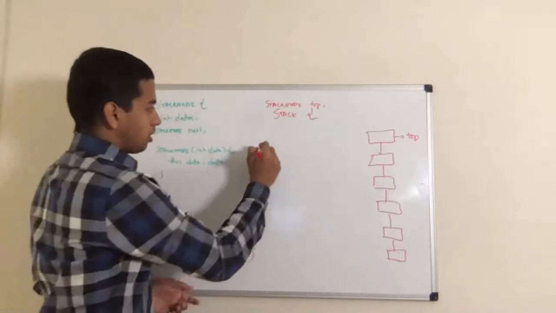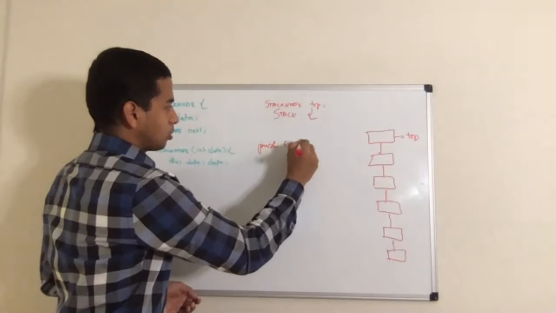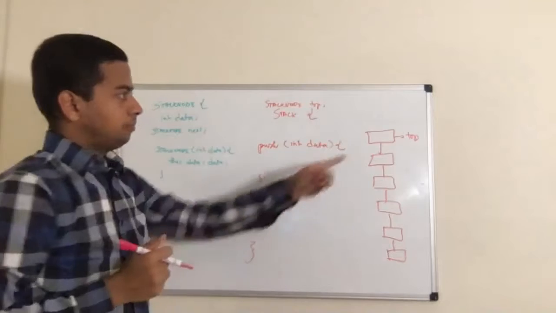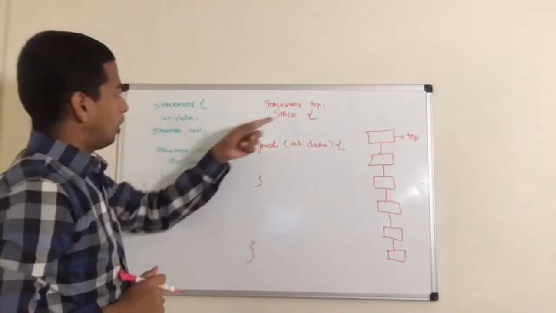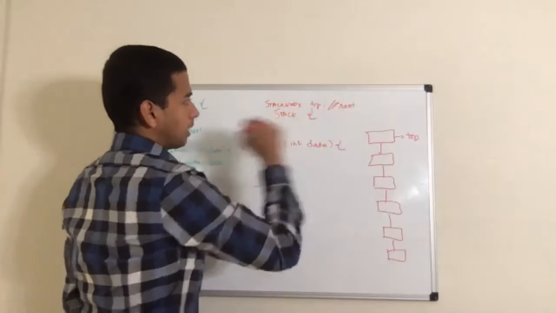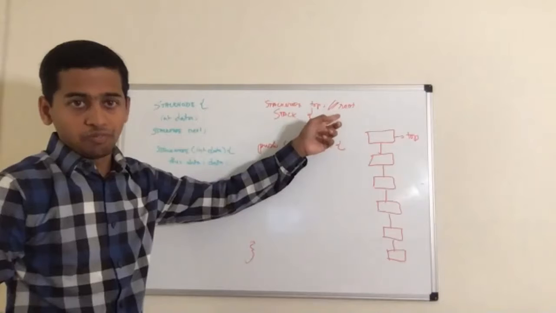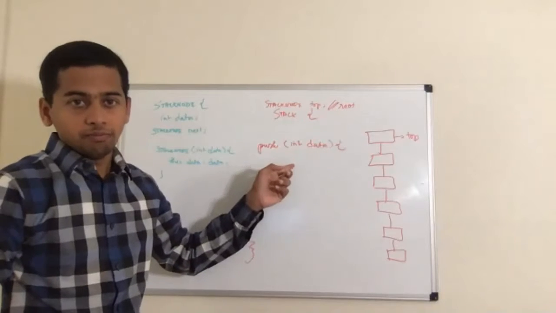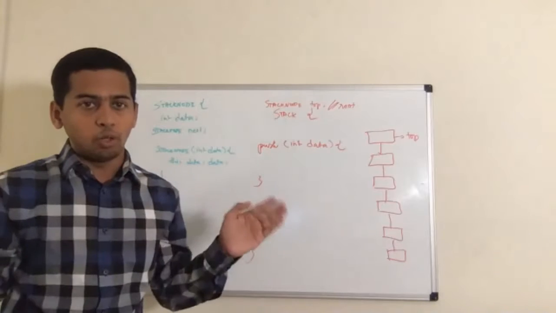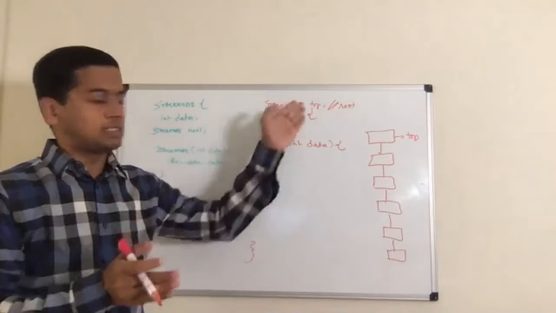So when I'm doing a push, how will I do a push? It will take a data. So I'm taking in data, and I know that top is there. Top in this case is the stack node. So I can call it stack top, or I can call it root. Okay. So how will I know if the stack is empty? If this top is null, then it is empty. For the time's sake, I will not consider the boundary cases, like stack overflow and stack underflow. I'll assume that the top is not null.